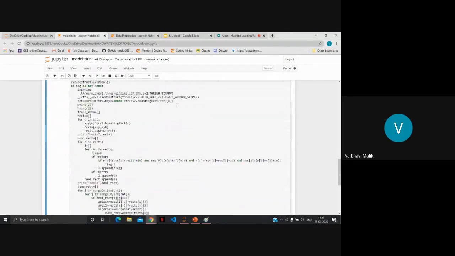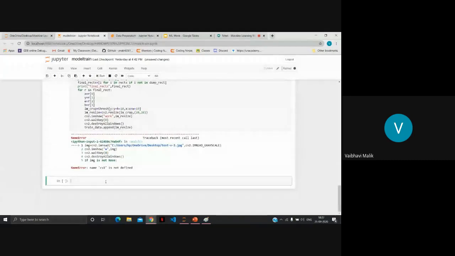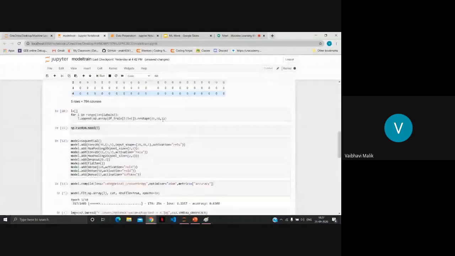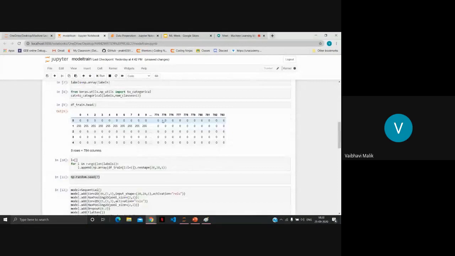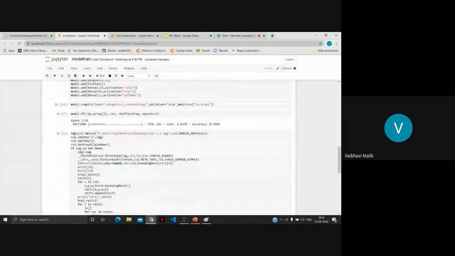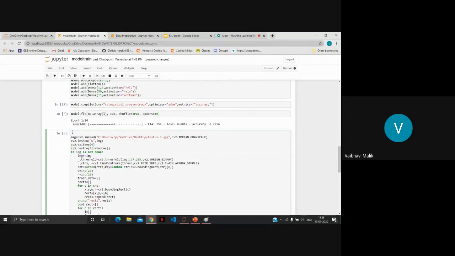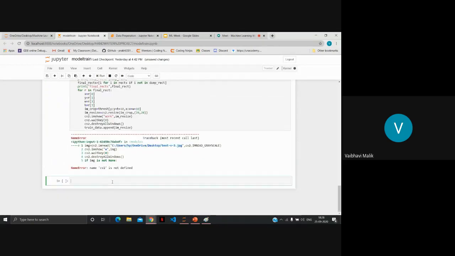Okay, it is training and this will run. Till then we will write our evaluate function. Now we will do the evaluation function. For that, we will maintain a string to which we append all the expressions that we find through the contours.